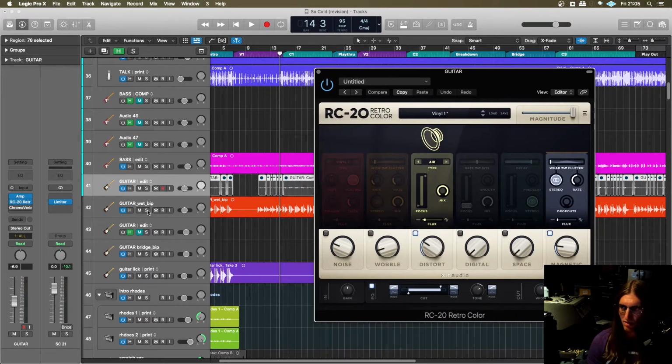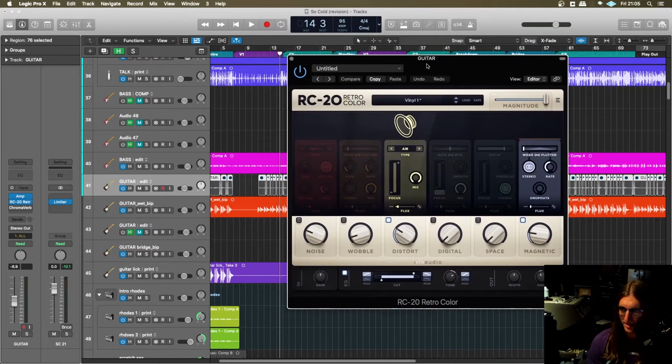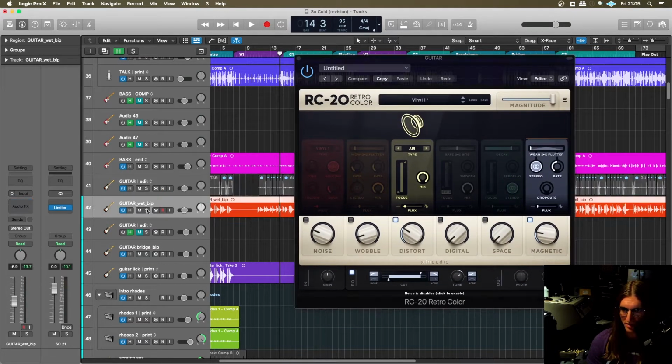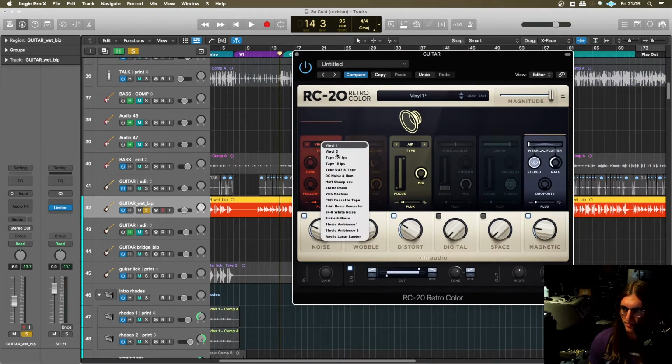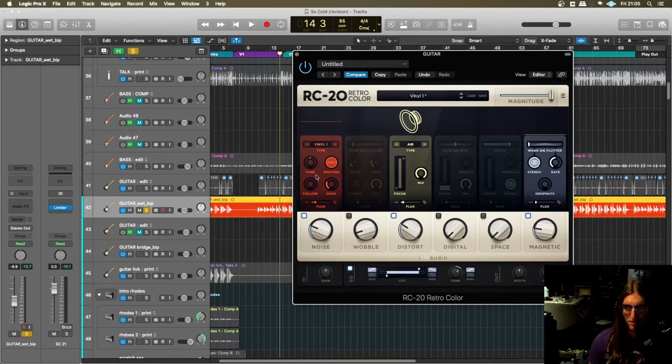on that guitar. And you can ignore the vinyl preset. I just wound up using a different type of saturation. And that's kind of what this plugin does. It lets you do different types of saturation or noise. You can do different vinyl simulations, VHS. It's great for anything lo-fi. So if you're into that kind of music or you want that kind of sound, this is a great little